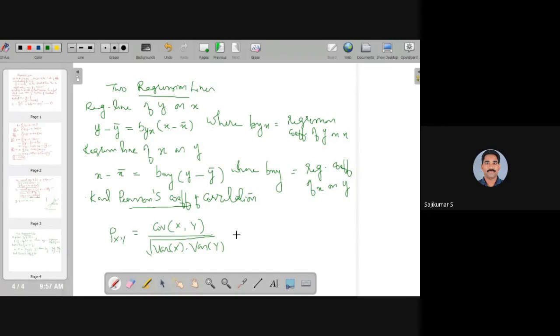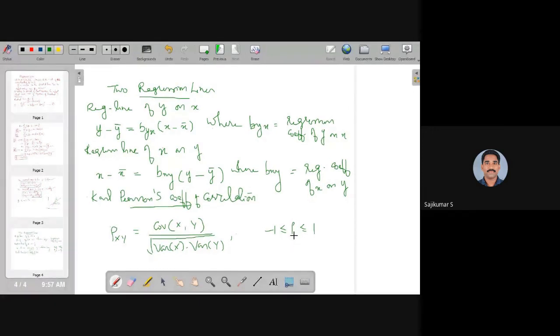You can see that this coefficient of correlation is a number which lies between -1 and +1. So -1 less than or equal to rho, less than or equal to +1. And we know that for positive correlation, the coefficient of correlation lies between 0 and 1. For negative correlation or inverse correlation, it can lie between -1 and 0. If the variables are uncorrelated, the coefficient of correlation is equal to 0. So these are the properties we can infer from the value of the correlation coefficient.